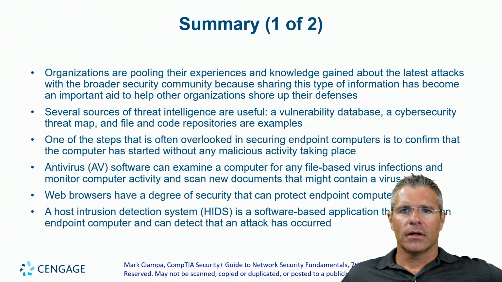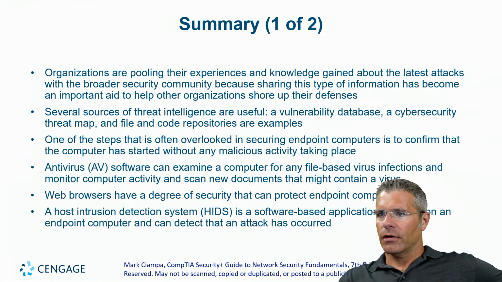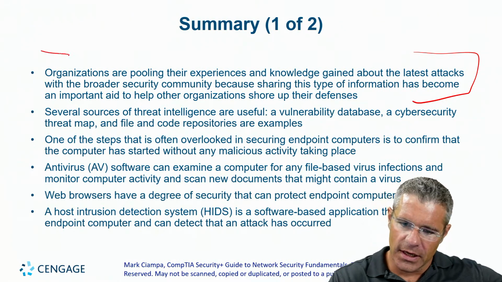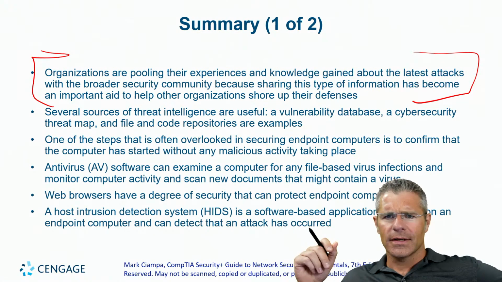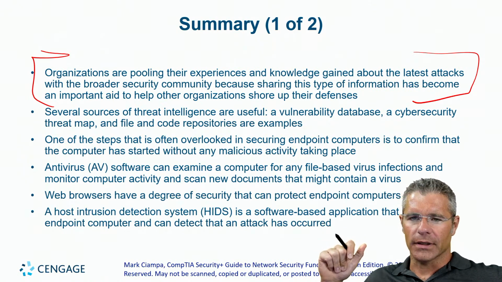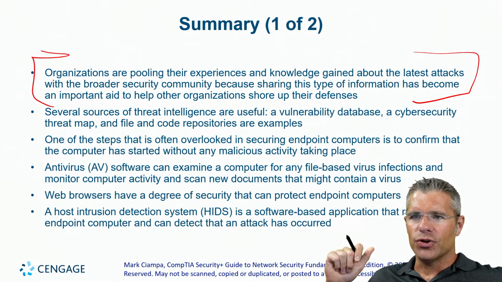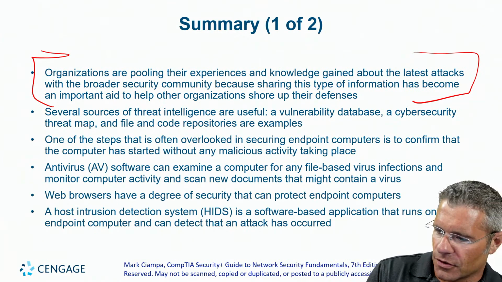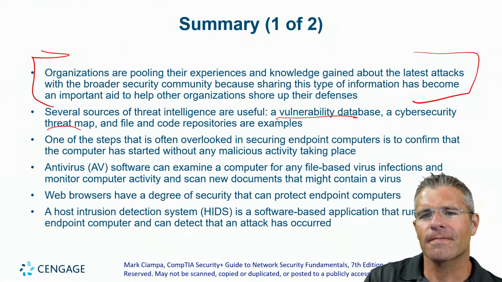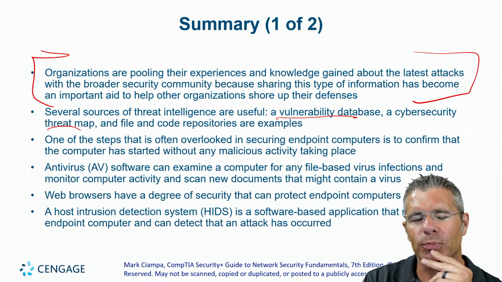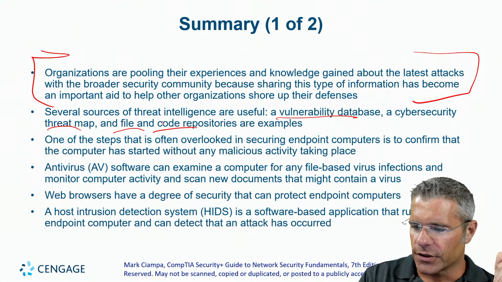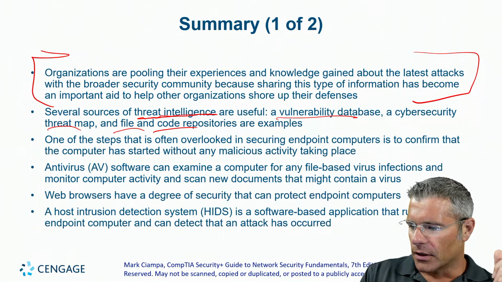So there you have it. Everything you ever wanted to know about AppSec, but were afraid to ask. So, sharing information: CVEs, and other IOCs, and other TLAs. TLA is a three-letter acronym. The computer industry is a huge fan of that. Vulnerability databases, very good. Threat maps, they're nice for marketing. They look pretty, don't they? And then file and code repositories, definitely a good source of threat intel.